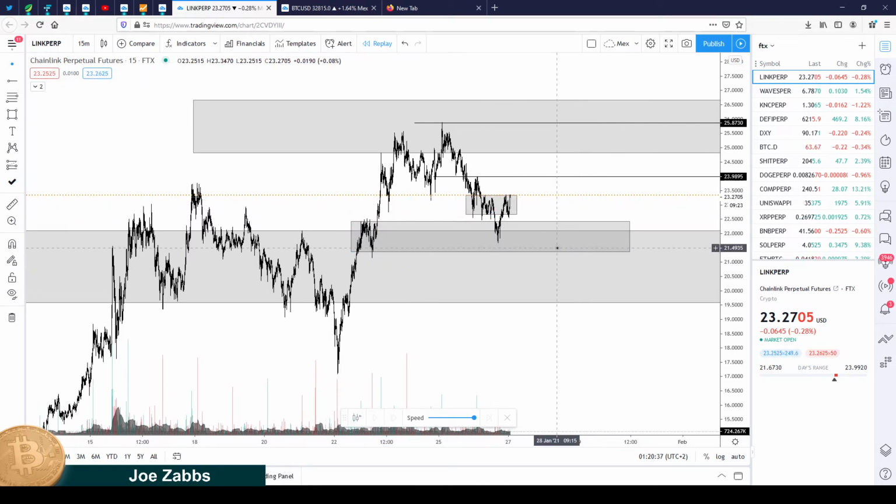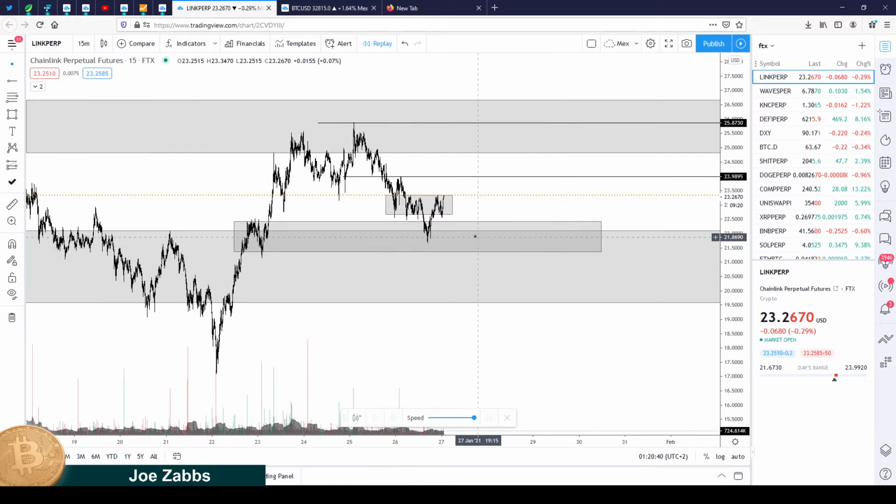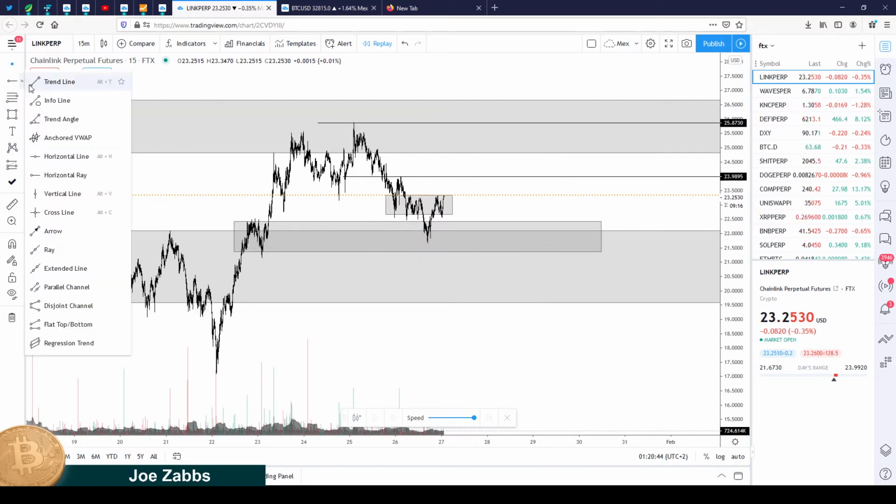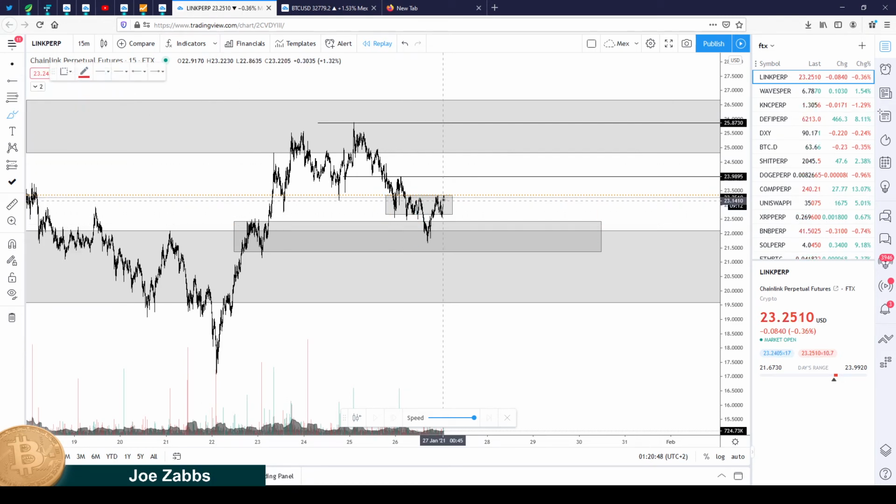We're definitely looking for longs, and it can be one of two things. It can be the trade setup that we kind of want to take,